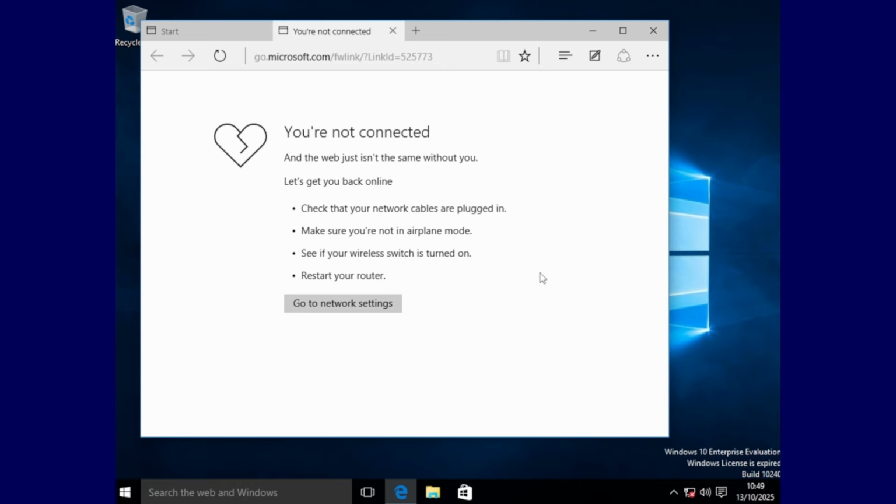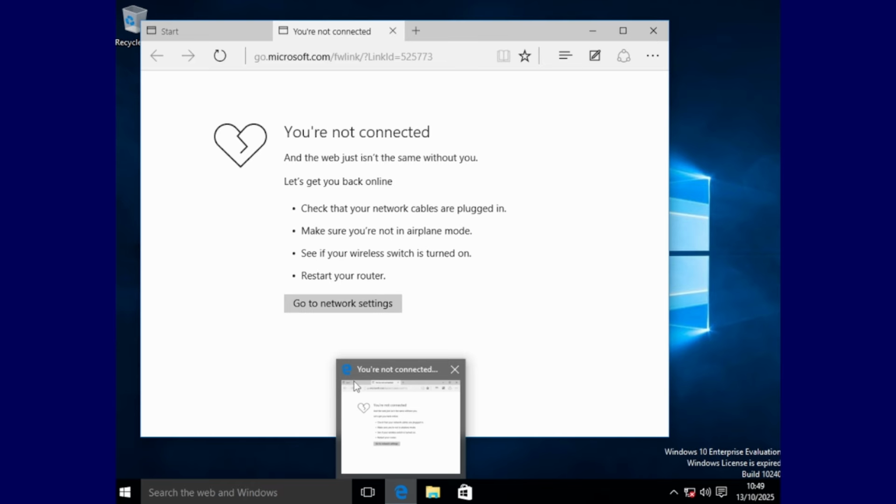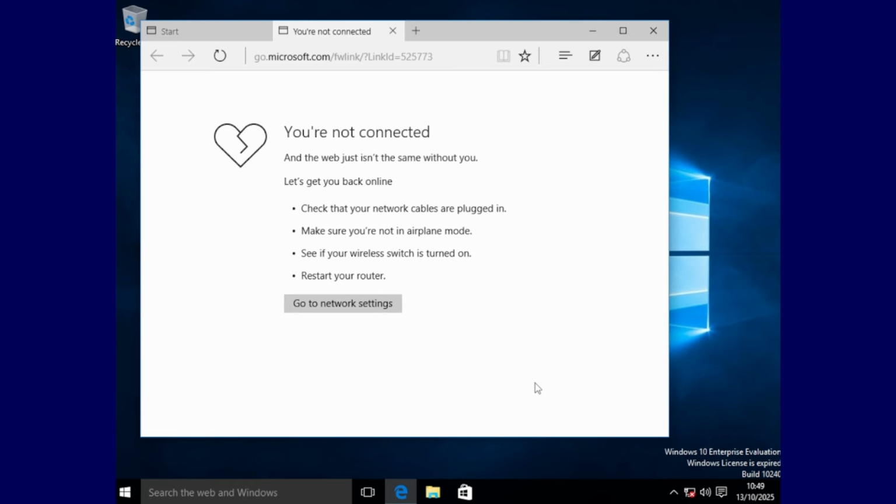However, when the first version of Microsoft Edge debuted along with Windows 10, and its different, yet still very familiar blue E icon, a lot of people did not seem to receive it very well. A lot of people literally just thought that it was Microsoft Internet Explorer in disguise.